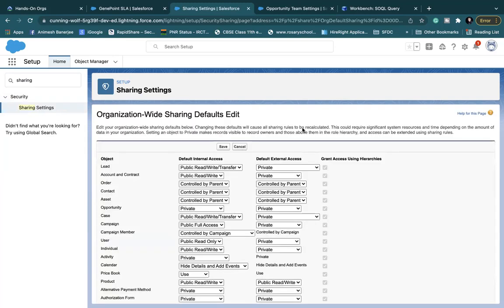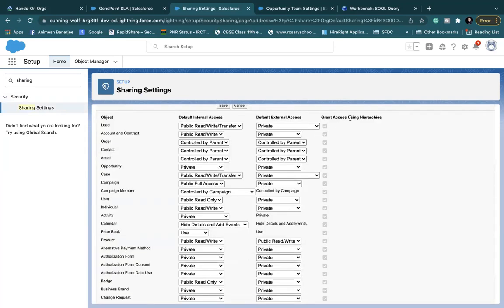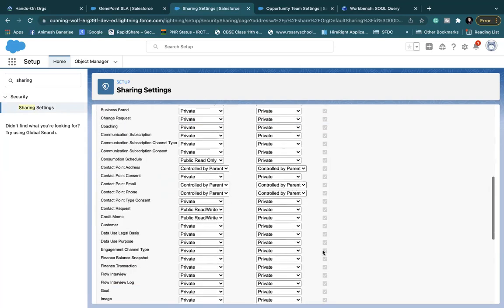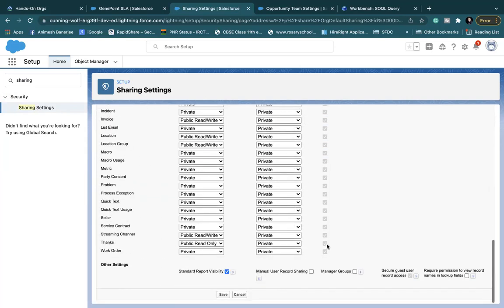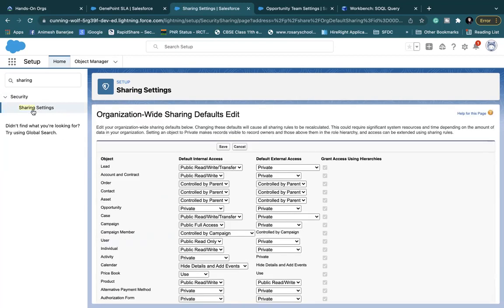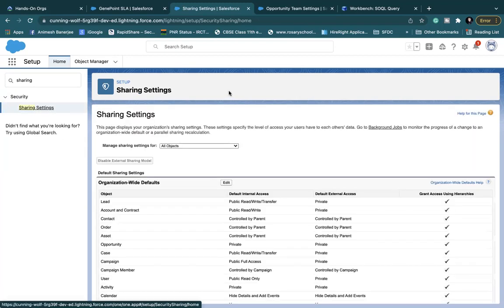If you do an edit, you see grant access using hierarchies, you cannot change this. Every role hierarchy will always be applicable for all standard objects. But if you are creating a new custom object, you can uncheck this. If you uncheck this, then role hierarchy will not be functional on that object. Okay.